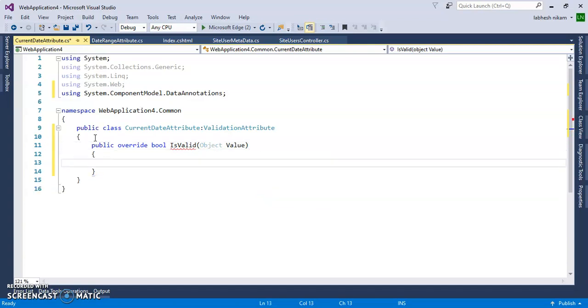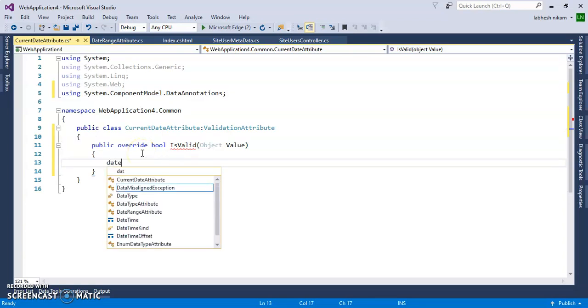In this IsValid method, I will provide the DateTime attribute.